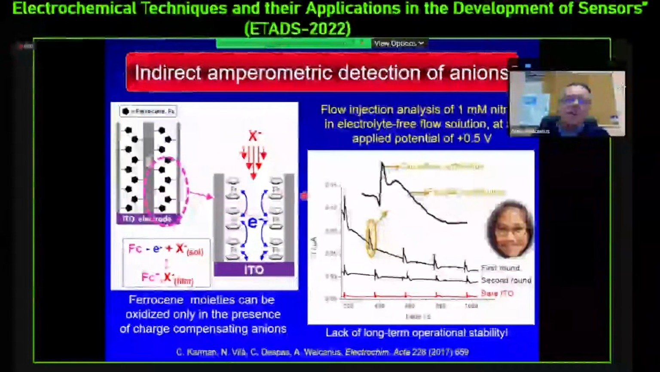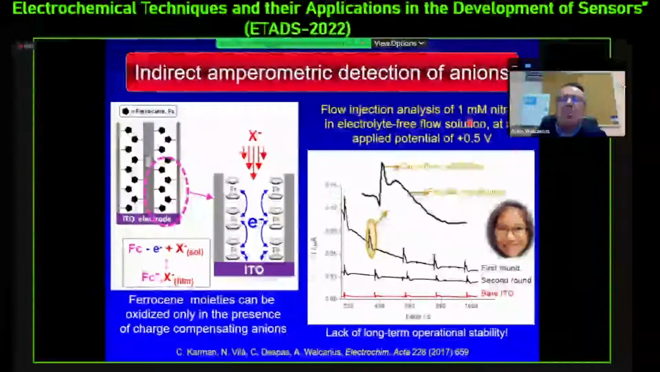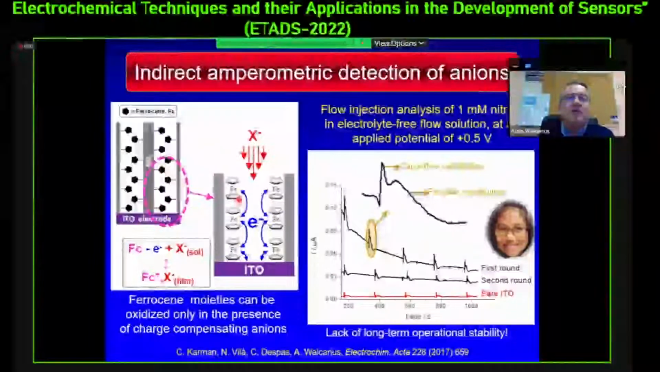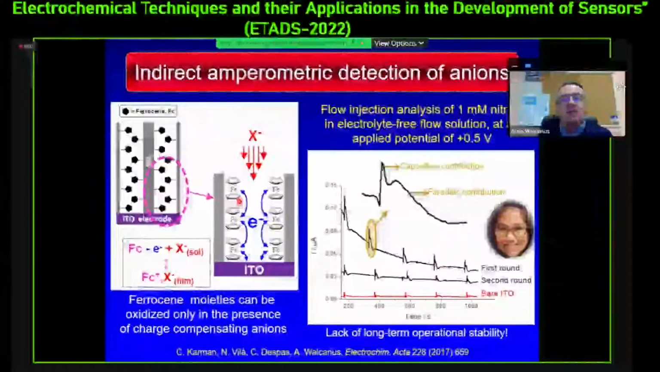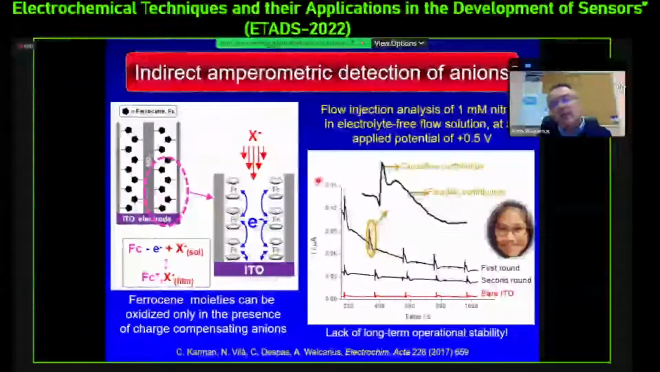The problem is that when you inject successively the nitrate, as you can see, the intensity of the signal is decreasing, and it's even worse when using a second wave. This is due to the fact that we consume the ferrocene groups that have progressively been oxidized, and we have less and less ferrocene group in the film, so the signal is decreasing. So we need to regenerate this